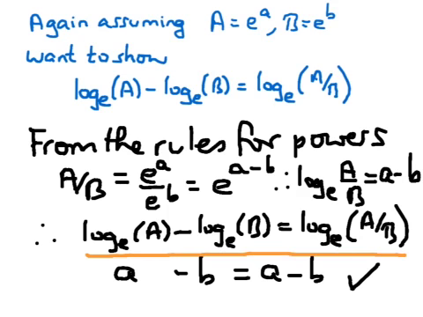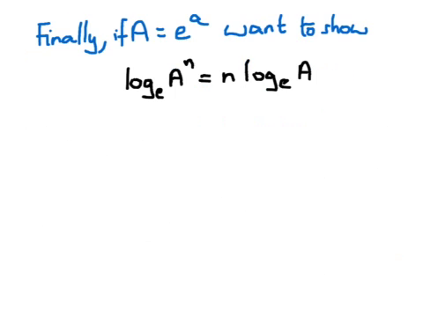So on the next slide we're just going to show the next rule. So finally, what we want to show now is this final rule for logarithms. The logarithm to the base e of A raised to a power n is n times the logarithm to the base e of A. So to do this, we are going to write A to be e to some power little a, from the rules for powers,